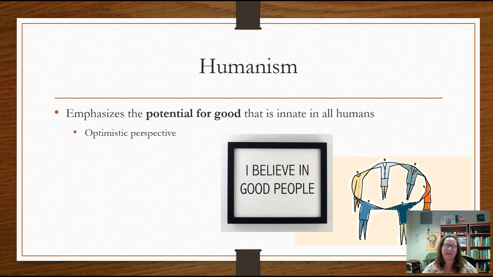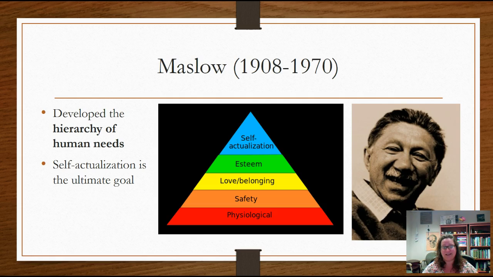Humanism is something that's really, really common now in counseling types of psychology. They really emphasize that potential for good. So they kind of got tired of Freud's perspective and behaviorism, which almost had a negative or pessimistic view of humanity, and said, we think there's potential for good that's innate in all humans. And we'll talk about some of the practitioners, first one being Maslow. So you've probably heard of Maslow's hierarchy of needs. He developed this hierarchy that kind of said we have to fulfill these base needs, like our needs for food and water and physical safety, and then we can move up and belong with others, have self-esteem, and eventually become the person that we're meant to be.